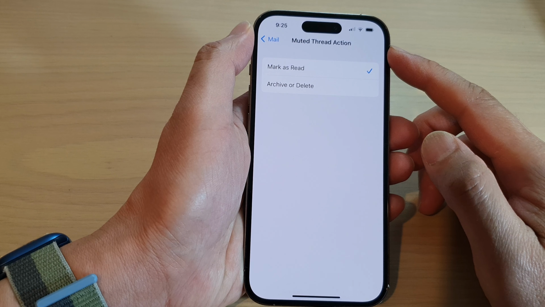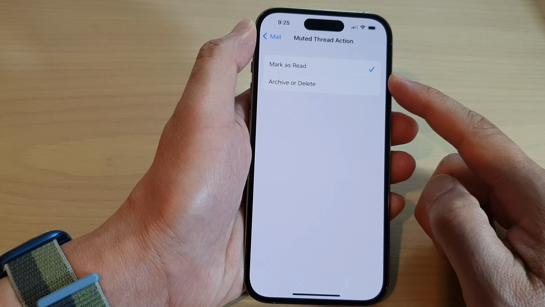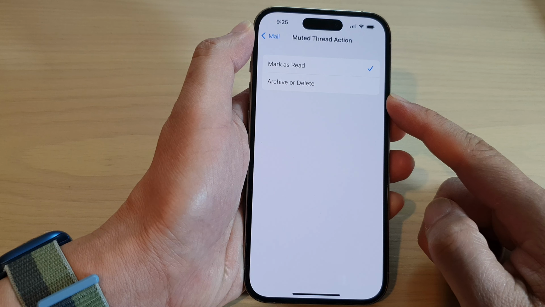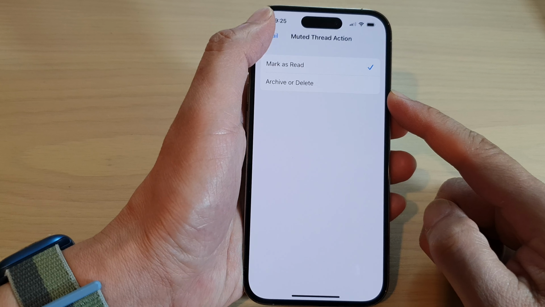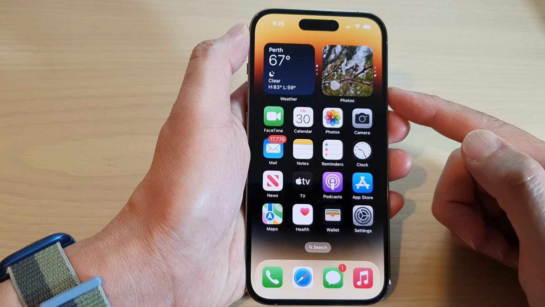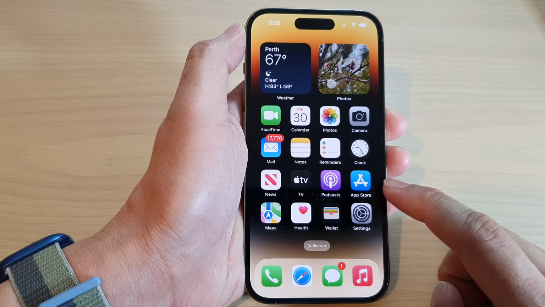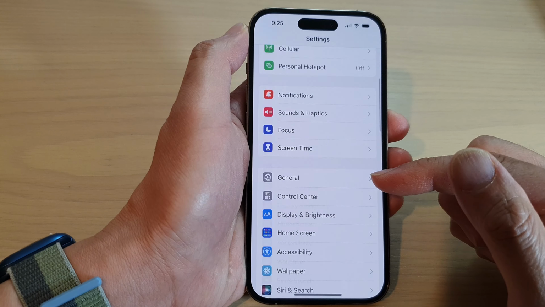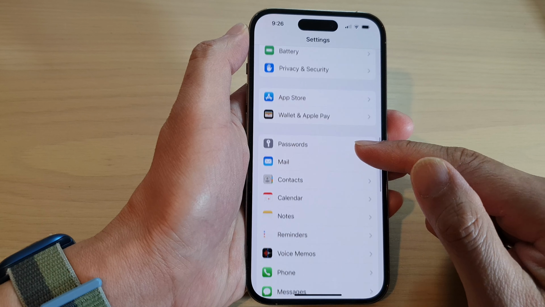How to set the mail muted thread action to mark as read, archive, or delete on the iPhone 14 series. First, let's go back to the home screen by swiping up at the bottom of the screen. From the home screen, tap on the settings icon, then swipe up to go down, and in here tap on